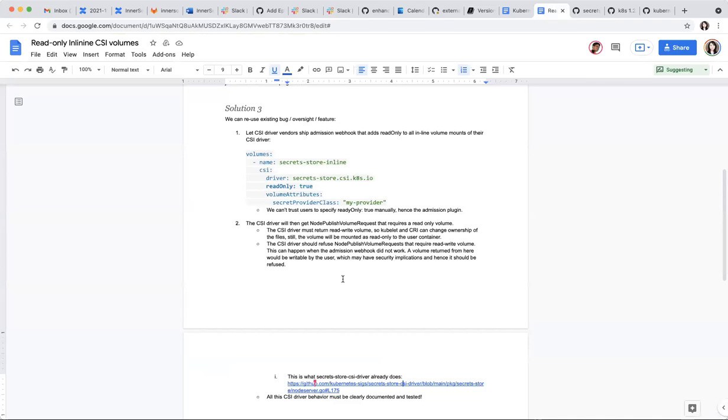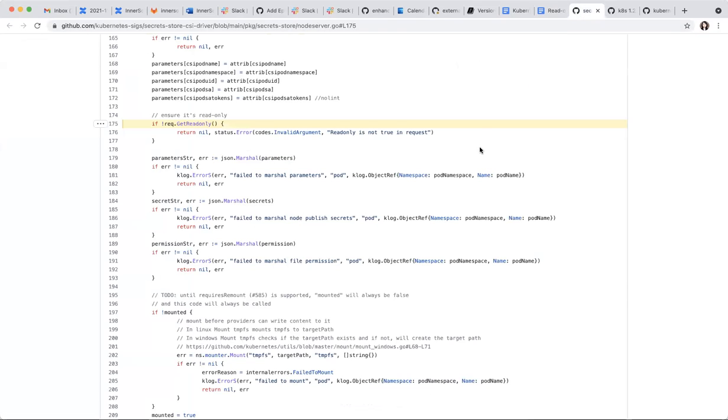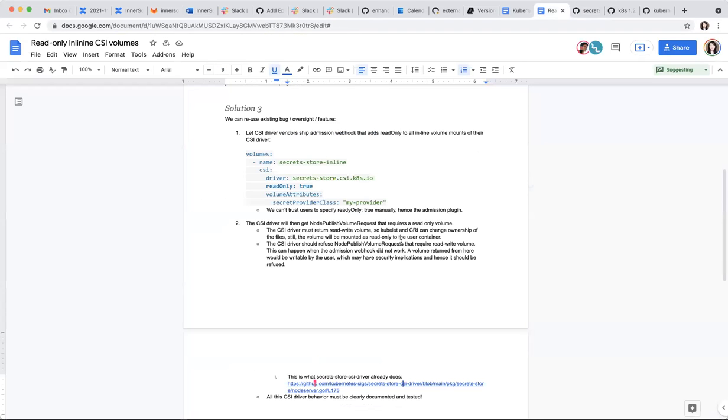So, this is kind of a hack. That's my problem with it. Solution 3? Yeah, it works. People are using it. People are happy with it, probably. But I don't know, it feels hacky. So the CSI driver intentionally ignores the read-only flag from the kubelet. If we document it, if we say it's okay, then I'm fine with that. Actually, it would save me a lot of work. But I would like it somehow promoted to be official in the inline volume cap, which is still beta, by the way. So we have such an option.